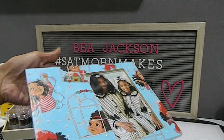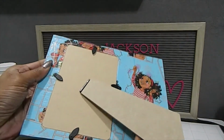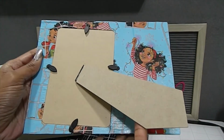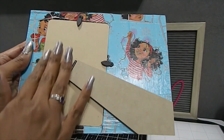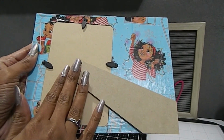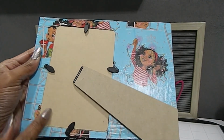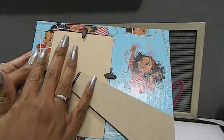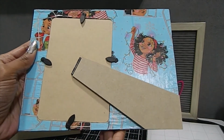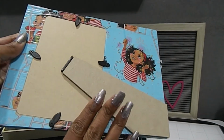Now I went back, I wanted to also incorporate some on the back here, so you can see I also did it on the back of the frame as well. The only thing I did not cover is this part right here that encloses the photo, which can also be done later if I choose to do that. Now I did unscrew these out to be able to place my wrapping paper around to get that really nice finished look that I was going for, but I'm really happy with the results of how this looks,